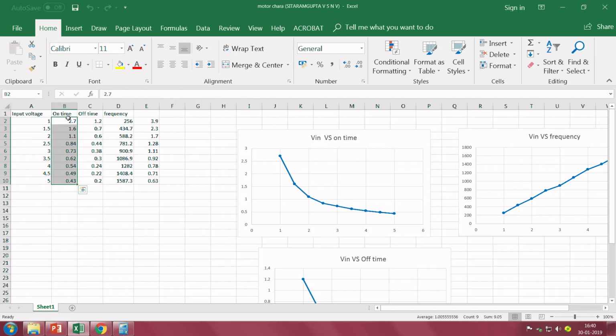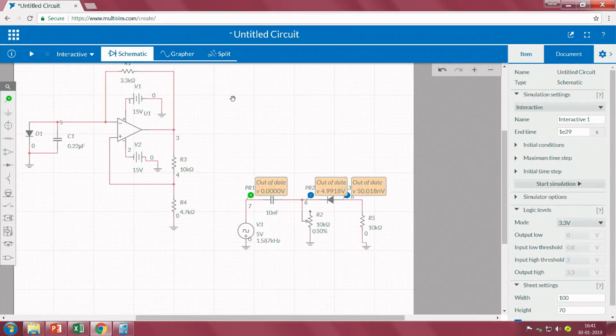If we can fix one value and integrate it, since the on time is constant throughout the operation, if the motor is rotating at a very higher RPM, the number of the constant pulses will also be higher. As a result, on an average, the area under the curve, we can see more amount of area of on time. As a result, if you integrate that particular signal, it gives you the varying voltage. So, with that intention, we have used a monostable multivibrator. Let us see whether it will work or not.